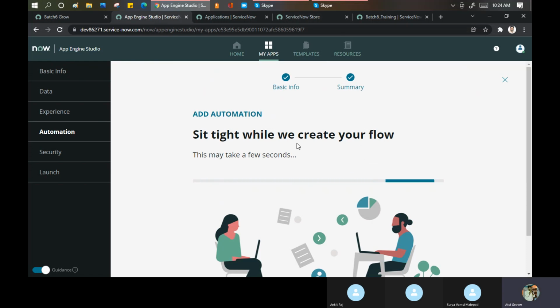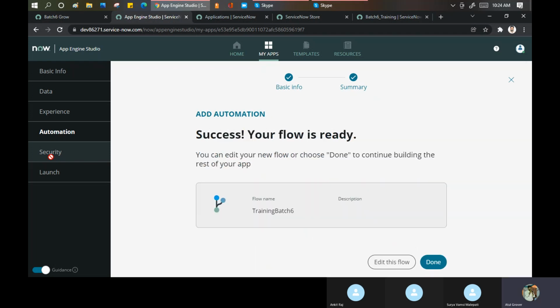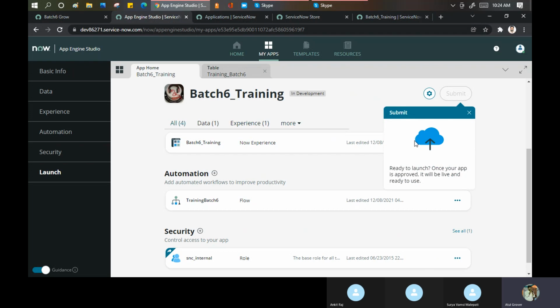Now in that flow you want to use some kind of activities, core activities. You can do it from here, or you can go to the flow designer and do it from there as well. So in short, other than this, there's nothing new we see here as of now. And at last, it has security, meaning who can access my application and who can make changes in my application. If you want to edit the flow, click here and edit it. That's all simple things which we have done already.